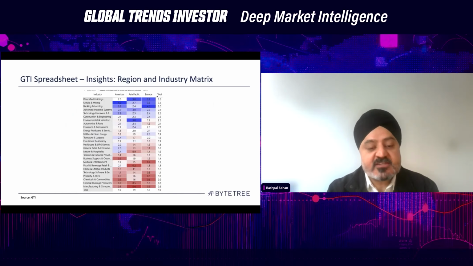Now, this is actually one of our most useful charts, which we closely analyze week after week. What it does is it disaggregates the industry groupings by region. So what it allows us to see in one glance is in which region, which industries are outperforming. That's highlighted by the deep blue colors. At the other end, we have the deep red colors, which highlight the very weakest trends on a relative basis. So you can see, for example, environmental and infrastructure in Asia stands out at 3.8.